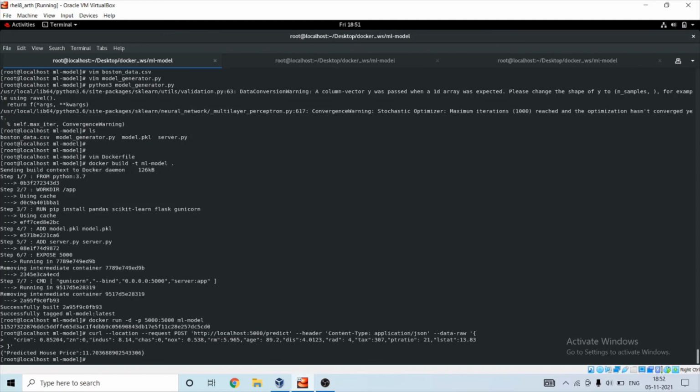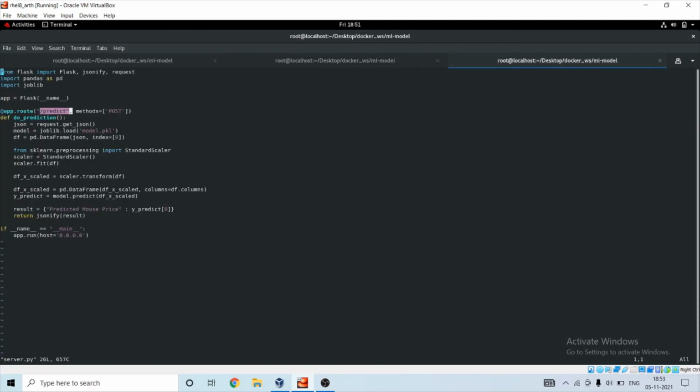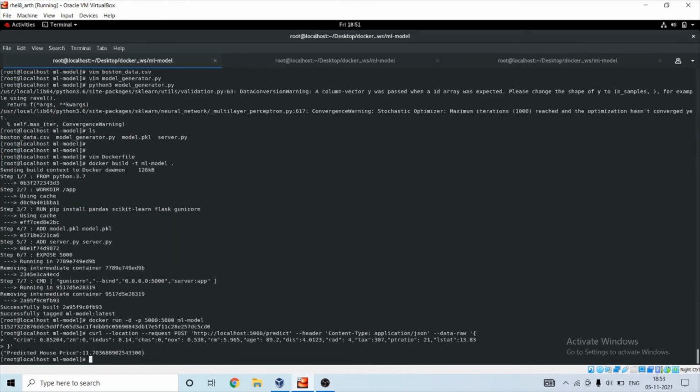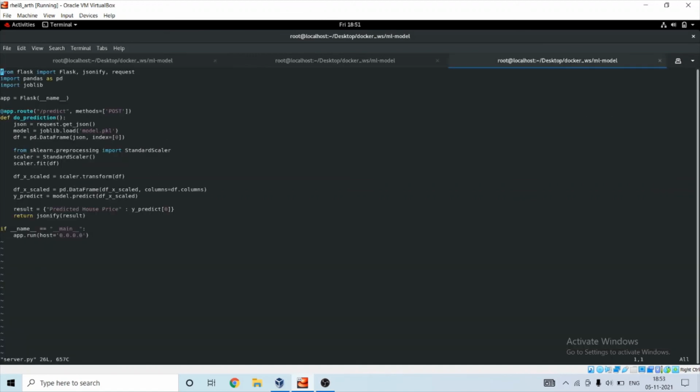The type of request that we are using is post, which we have specified here, and these are the values that it is accepting.